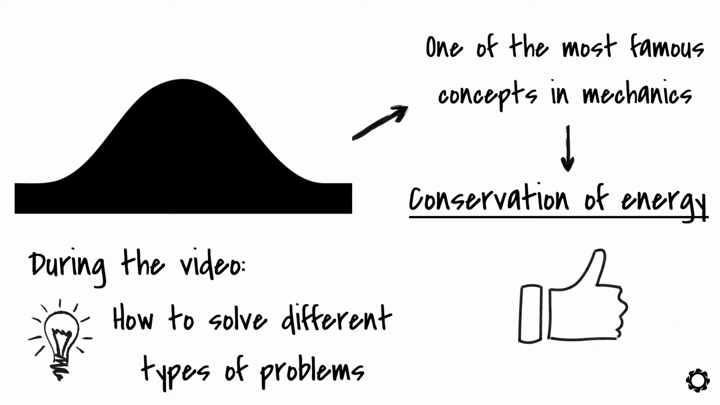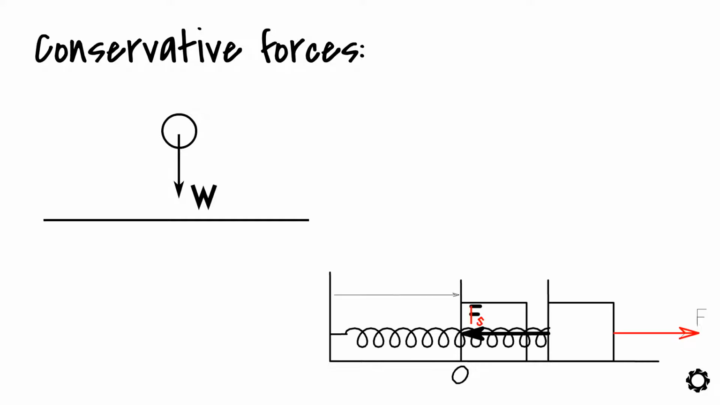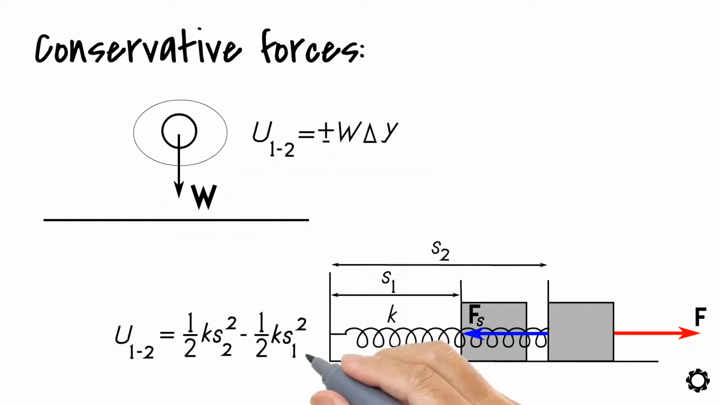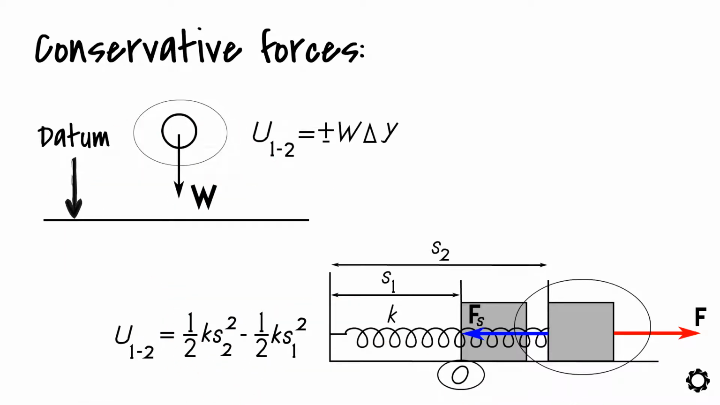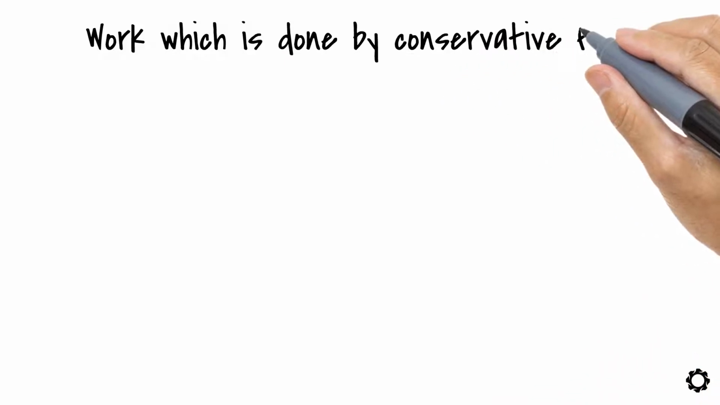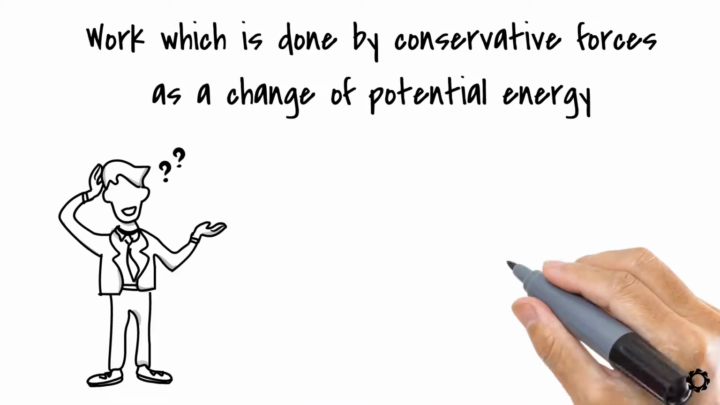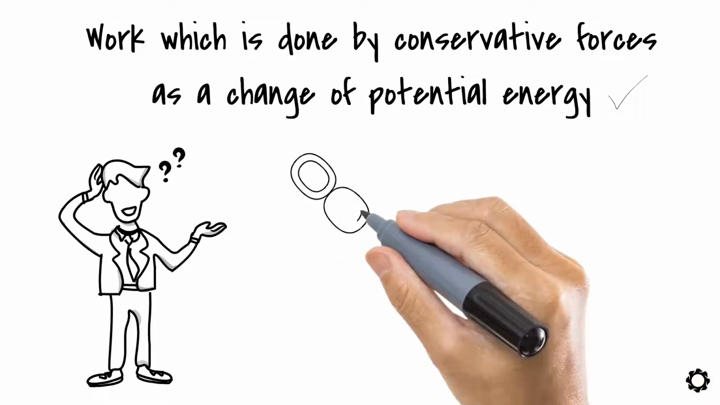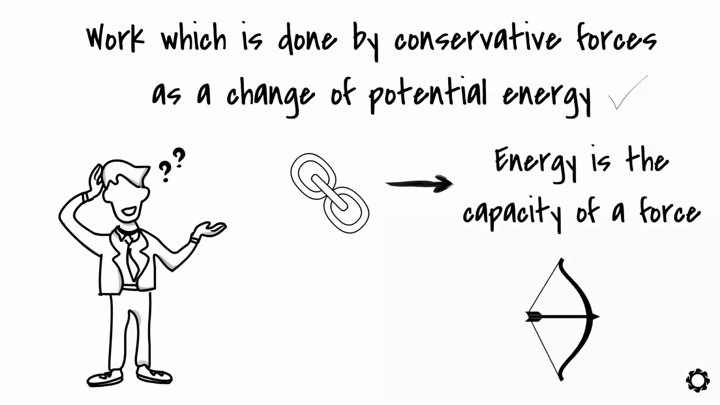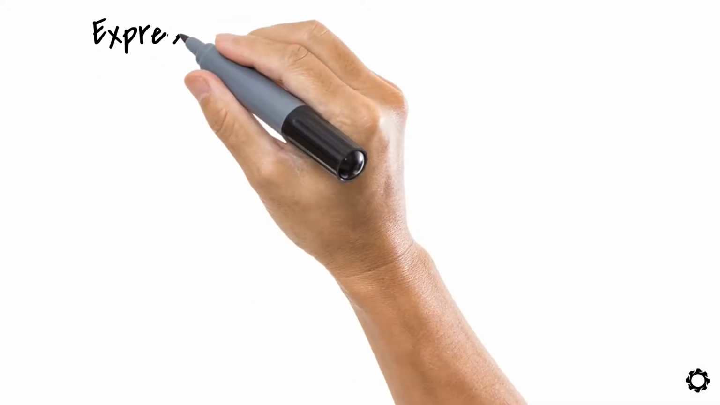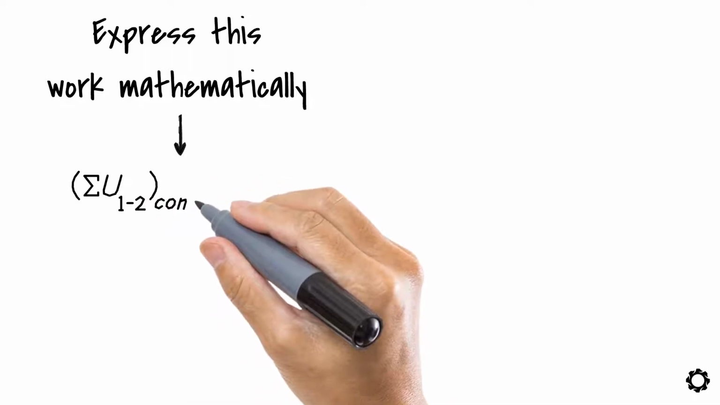Let's get started then. As we have discussed earlier, conservative forces such as weight and spring force can do work when they are trying to return the particle back to its reference plane or datum line. We can determine this work, which is done by conservative forces, as a change of potential energy. How is this possible, you may ask? Well, it's possible because of their relation, which is that energy is the capacity of a force to do some kind of work. Therefore, we can express this work mathematically as summation of U 1 to 2 conservative equals V1